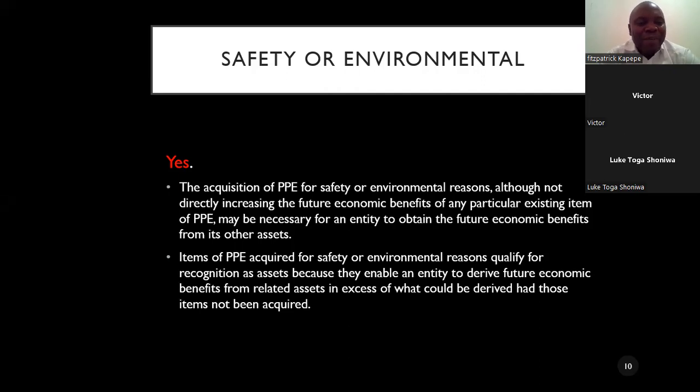So items of property, plant and equipment acquired for safety or environmental reasons qualify for recognition as assets because they enable an entity to derive future economic benefit from related assets in excess of what could be derived had those items not been acquired. So if you find a question on the safety or environmental assets,